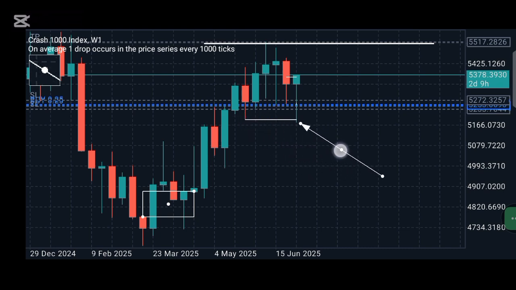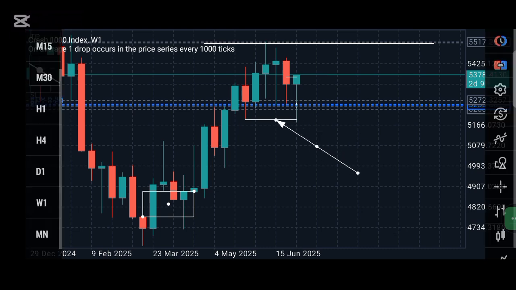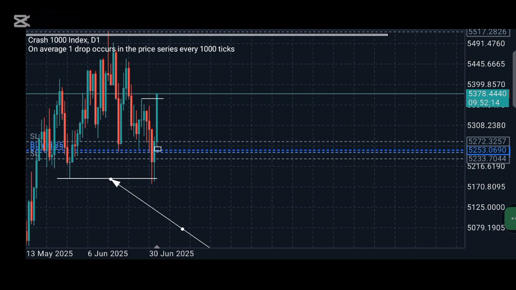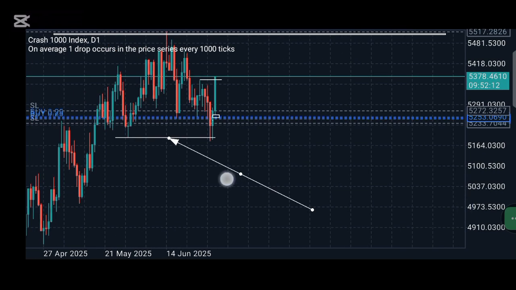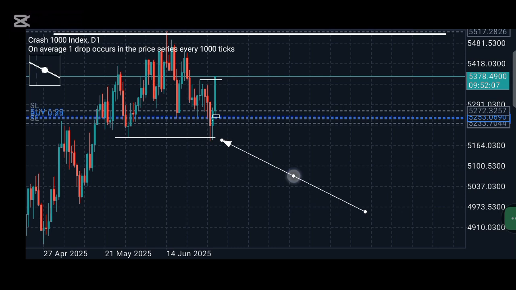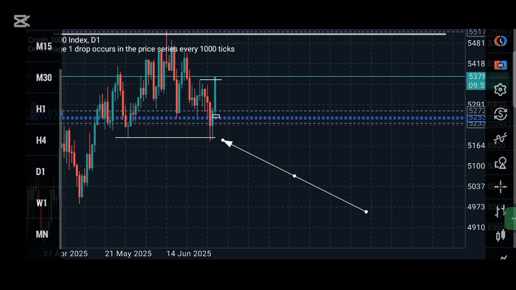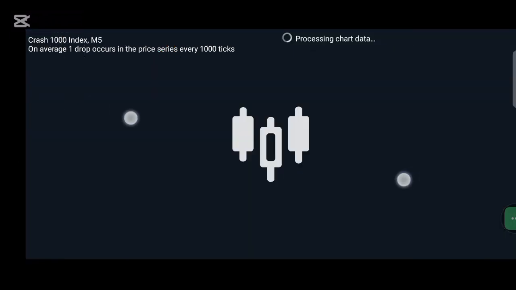So when I saw this sweeping of liquidity, I went to the daily time frame. It's more like a top-down analysis, like I said. And you can see it also swept the previous day low from this level, which was very, very visible. Now I went back to my 5 minutes, which is the first place I'm gonna have to see a confirmation